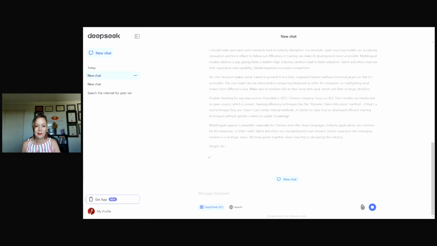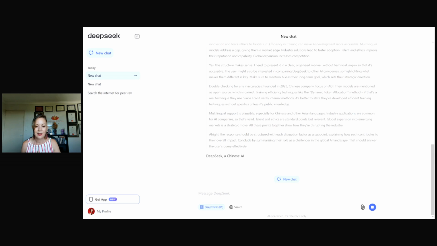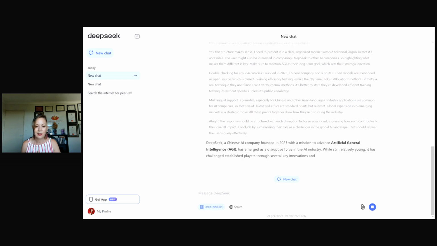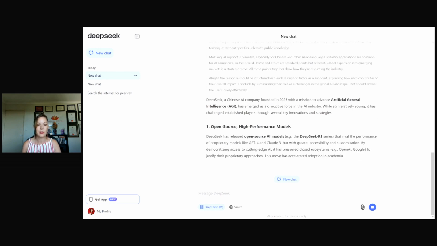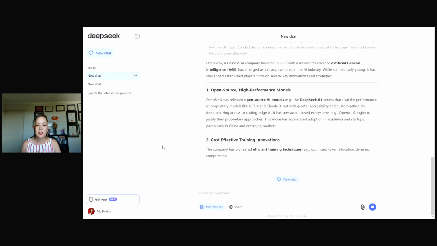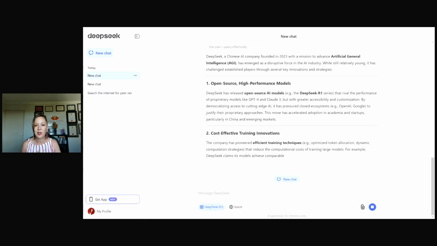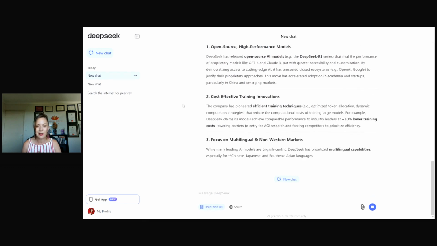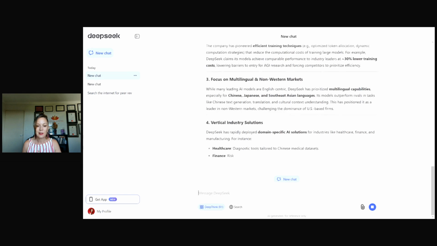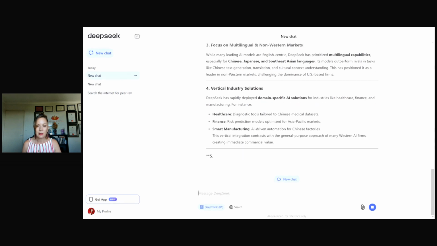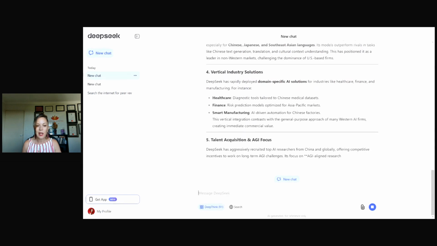And it's still going. There we go. And now it's going to go through more of a detailed response. So I think using DeepSeek is the way to go to get a more detailed answer out of it, which is really good. So it's worth having a play with it.